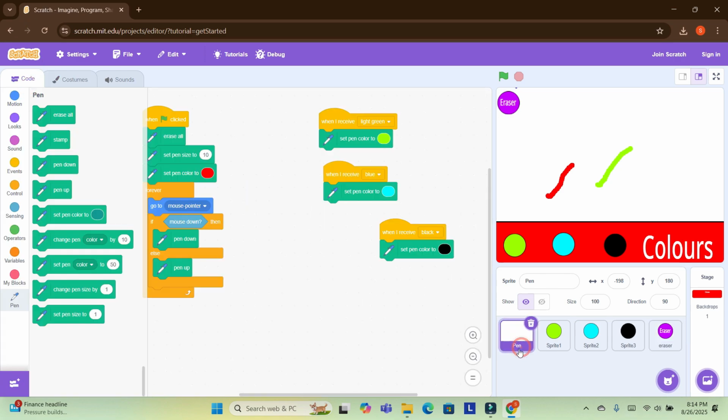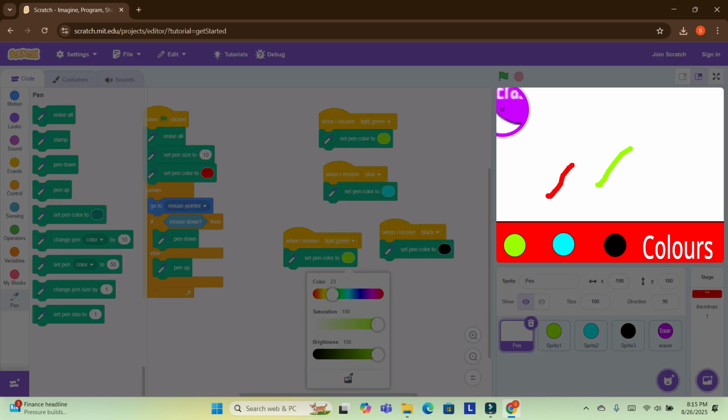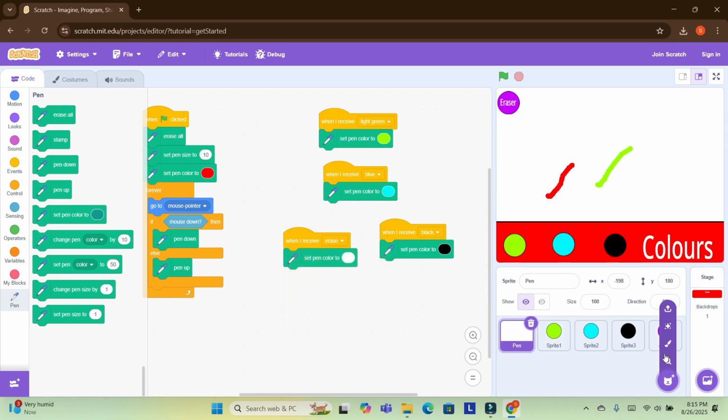Now I will again go to pen. Now I will copy, but now we don't take this color, we take the backdrop color, because when we erase color, it will be white, meaning the color of our canvas, and I will make it when I receive erase.